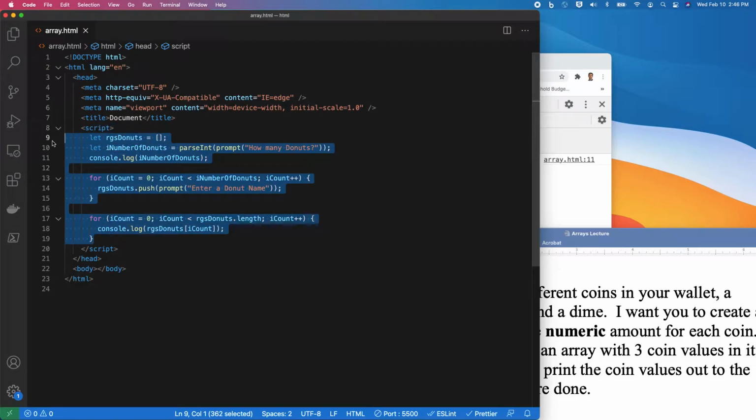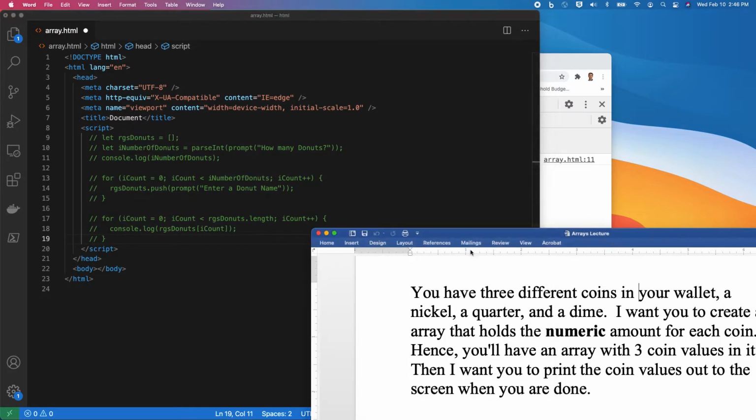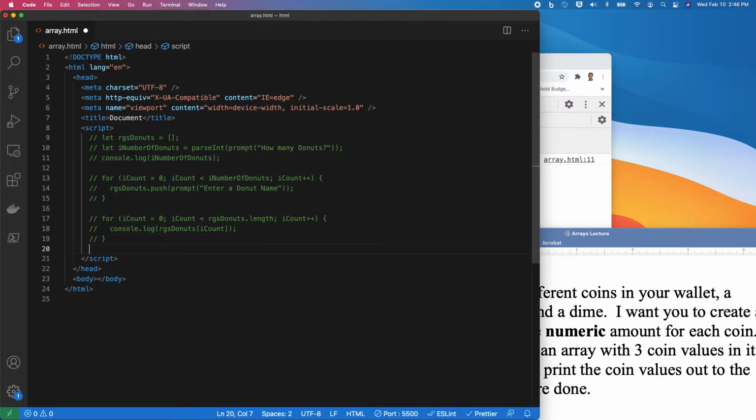So while I solve this, I'm going to do Command or Control / and comment that out. And I need 3 different coin values. So I'll say let, and then I'll use Hungarian notation for a decimal, which is a float. So f, so float, and we'll do fCoins equals, and then just a list of numbers, 0.05, 0.25, and lastly 0.10. And I can just hit save right now, and it'll do a little reformatting because of my code formatting tool